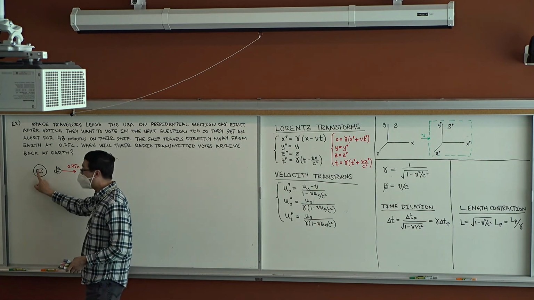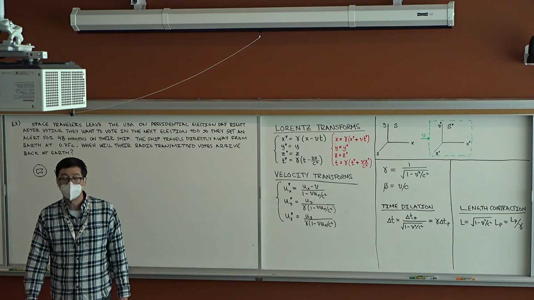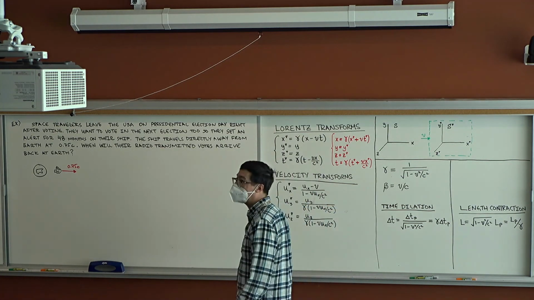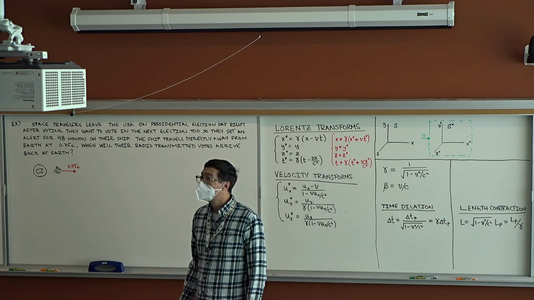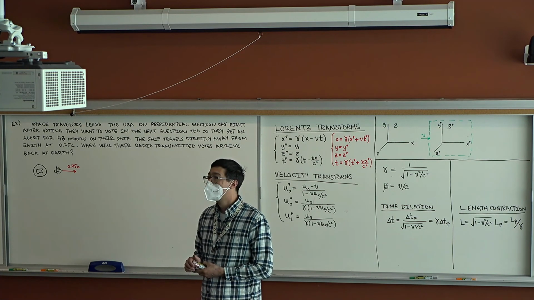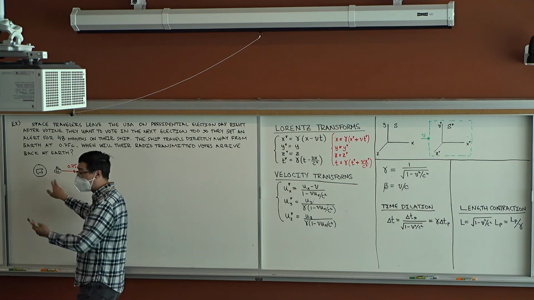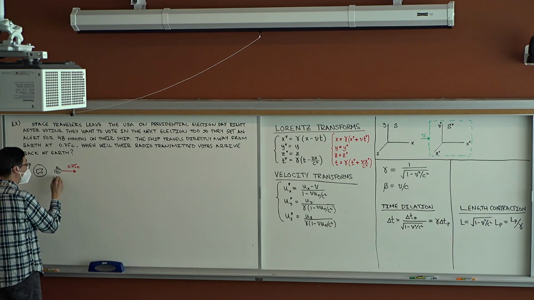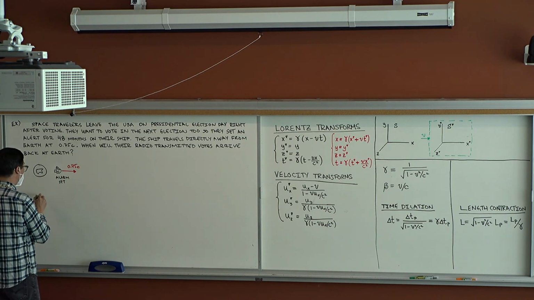Is someone on Earth measuring proper time, or is someone on the spaceship measuring proper time? On the spaceship. Who sees both events occur at the same location? The person who set up the alarm. So event 1 is right here, the clock turns on, or alarm set. Event 2